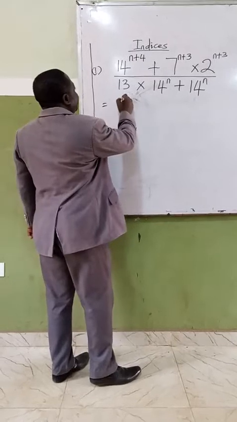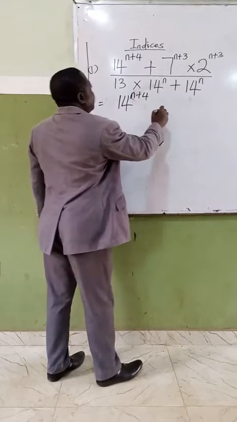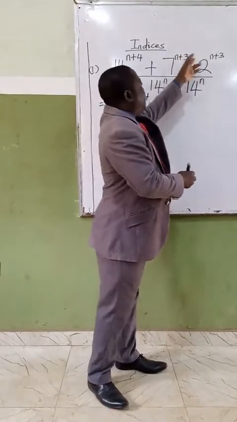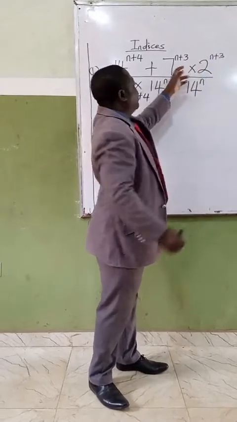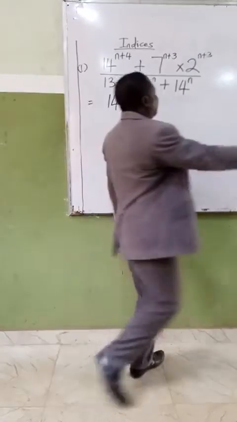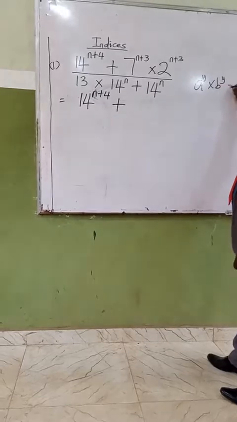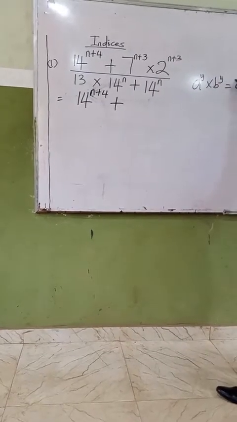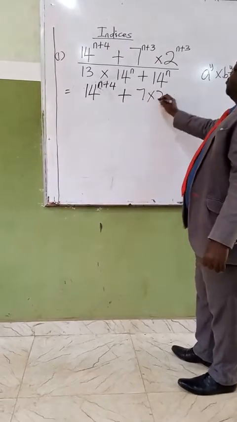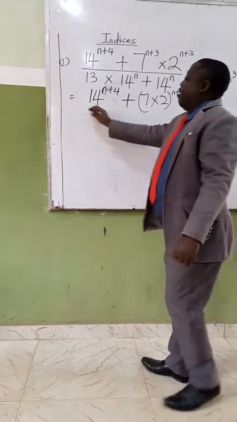So this is equal to 14 raised to power n plus 4 plus. Now we have the same power here but different bases. According to the law of indices, which states that a raised to power y times b raised to power y is equal to ab raised to power y, this is equal to 7 times 2 raised to power n plus 3, all over